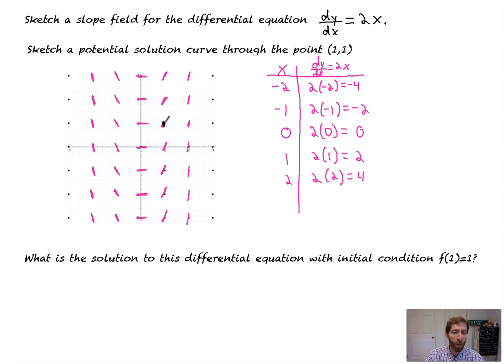You put the point at (1, 1). We're being told the solution to this goes through the point (1, 1). And then you just use these as conveyor belts. We see that here the slope is like that, and as we move on to the right, our slopes are going to get steeper. You don't actually have to touch any of the other slopes. But as we get closer here, it looks like our slopes are going to get less until they zero out right there. And then they get steeper and steeper and steeper,